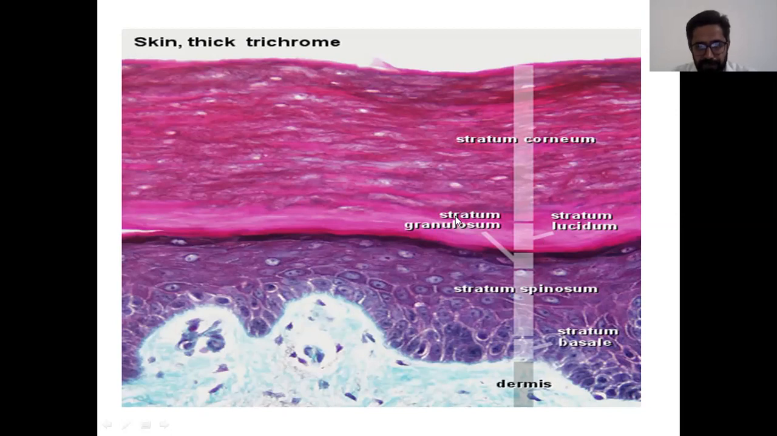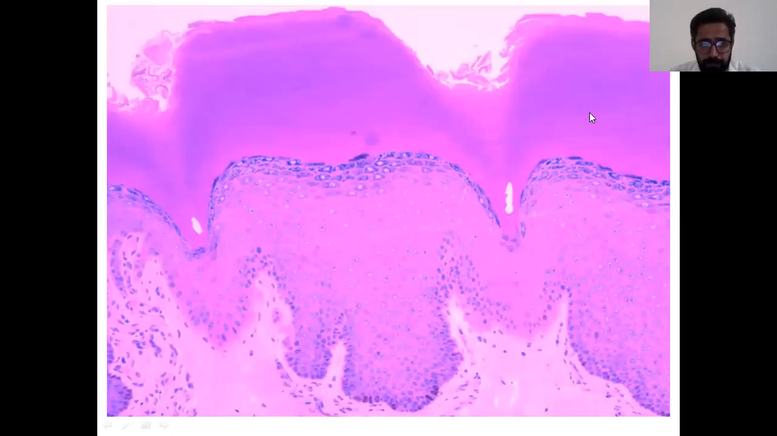Stratum lucidum, what is more evident is that it is a very shiny layer, a dead cell layer, but very shiny and thin. Above that, you again have a dead cell layer, which is very thick. In this case, which is thick skin, this dead cell layer above the shiny layer is stratum corneum. So if we have to identify on this